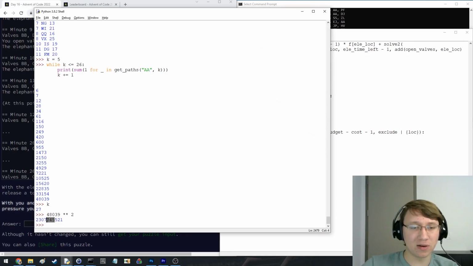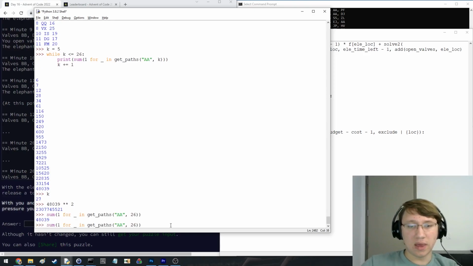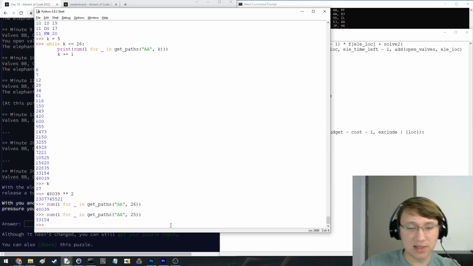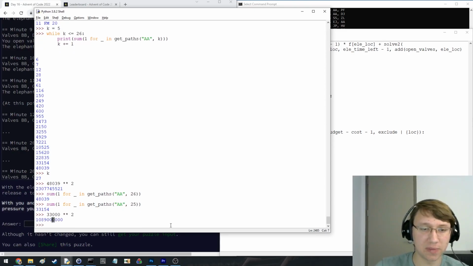This is still pretty slow. I think this is going to be a bit too slow. If it didn't have an extra ugly constant factor in front, maybe it would have been reasonable. But yeah, this is the number of paths for length 26 starting from AA, I think. Yeah, even 25 is significantly more feasible. I mean, it's still not that feasible, but